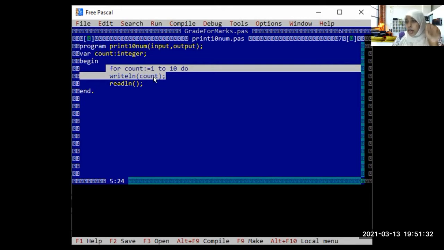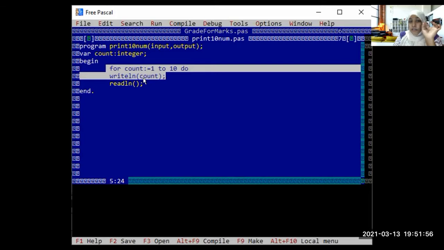Then write down the count. So write down the count means I am telling the program, for count, the integer, the variable I told you before, that count is equal to 1 to 10, do it from 1 to 10. So give me the numbers from 1 to 10.